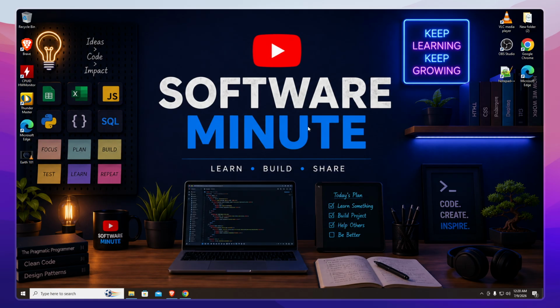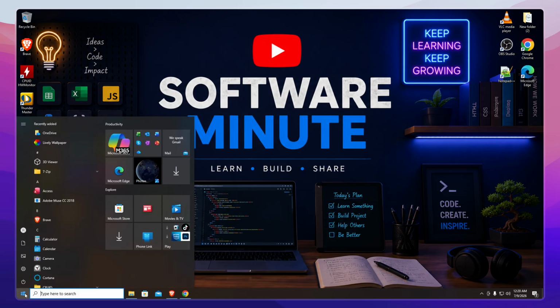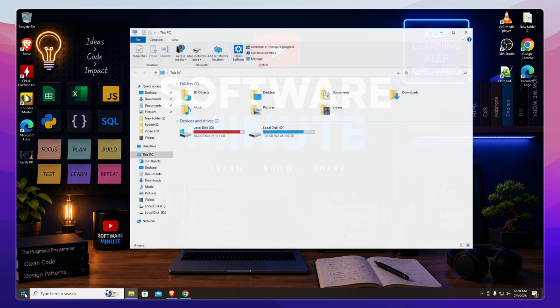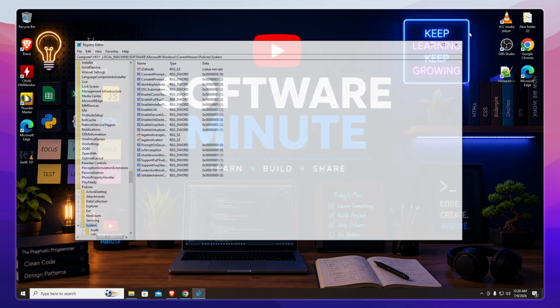Now, locate your Windows Start menu in your taskbar and click on it. This is typically found at the bottom of your screen and is your gateway to most system functions. Once the Start menu opens, type in regedit into the search bar and press Enter. This will launch the Microsoft Registry Editor window, which is a powerful tool that lets you view and modify your